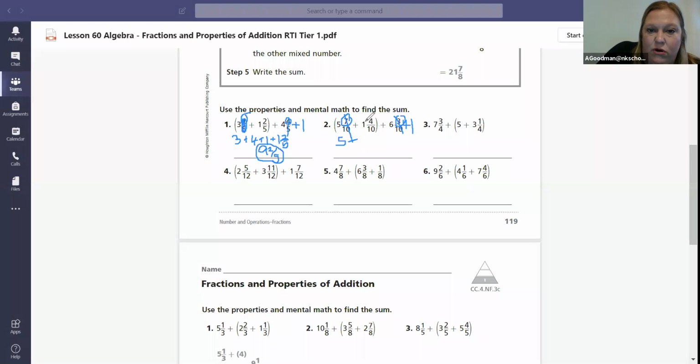ignore my mixed number right now. 5 plus 6 plus the 1 that I just made, putting those tenths together. And my final thing I'm going to add is that mixed number that has the whole number and the fraction together. Oh, that is a 10. Okay, so 5 plus 6 is 11, plus 1 is 12, plus 1 more is 13, right? Yes. So we have 13